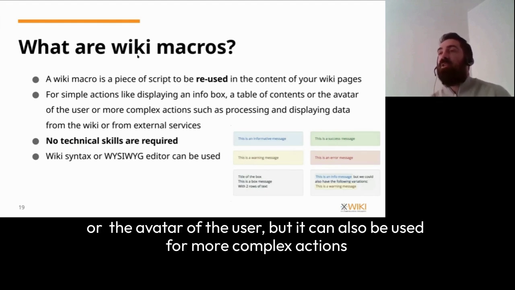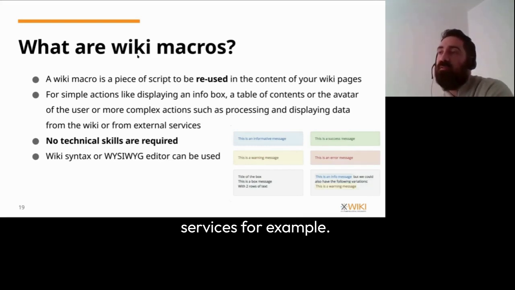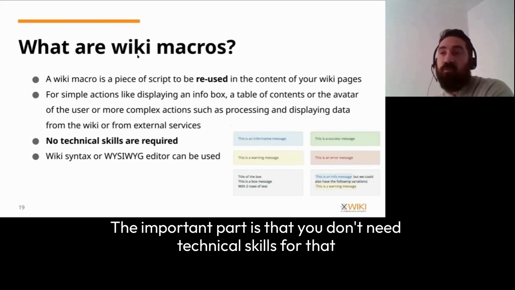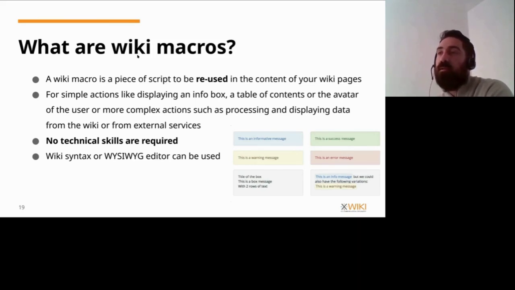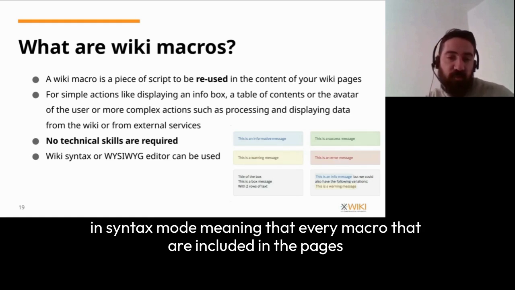But it can also be used for more complex actions, such as processing and displaying data from the wiki or from external services, for example. The important part is that you don't need technical skills for that, and that you can also edit those macros in WYSIWYG mode or in syntax mode,